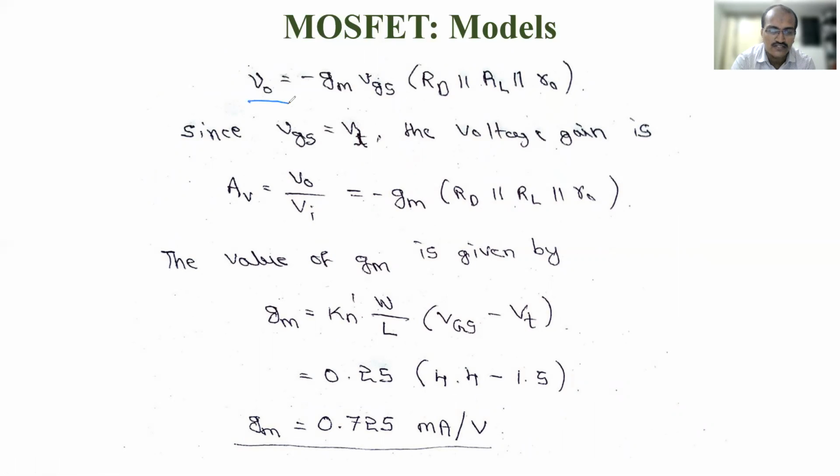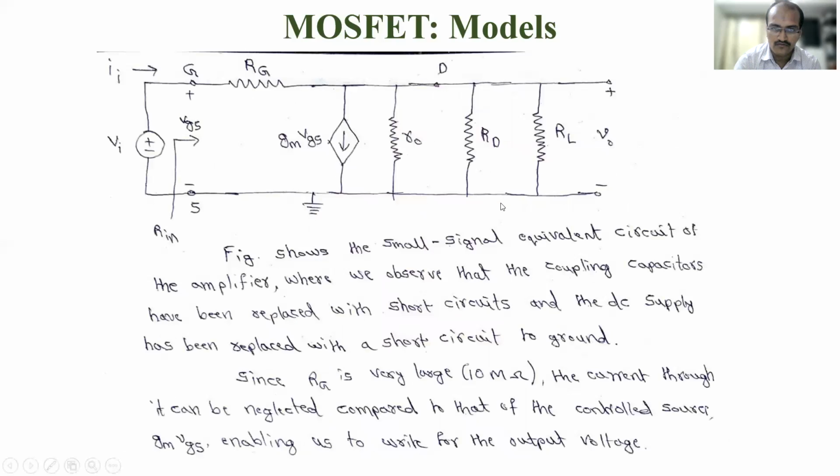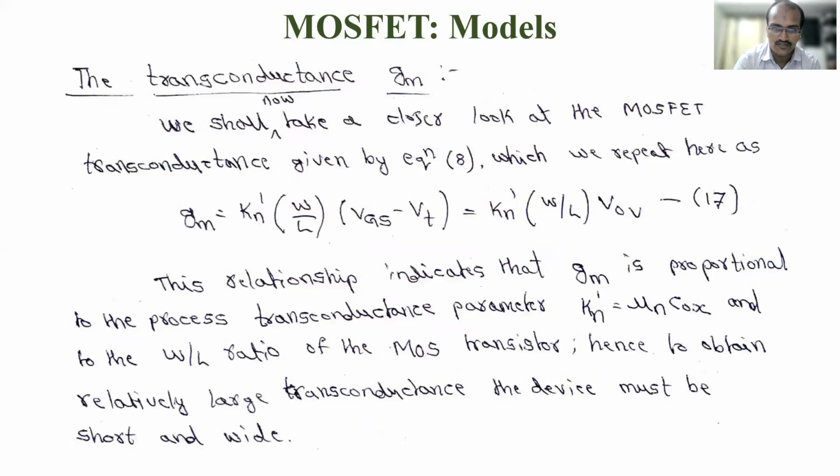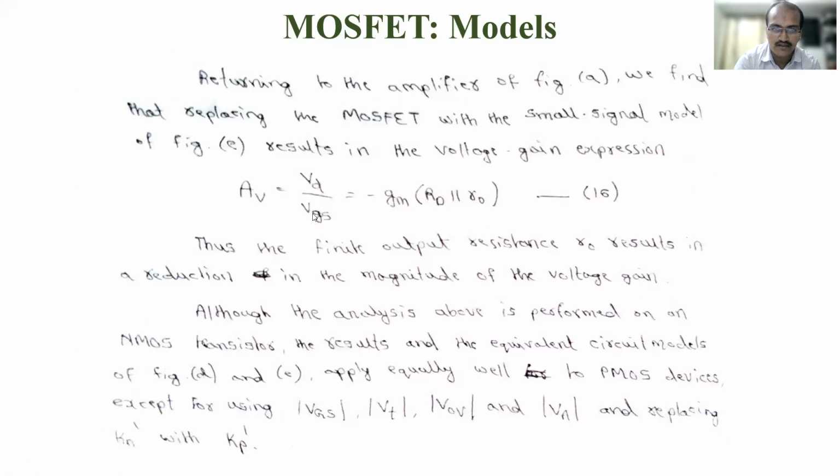So the output voltage is nothing but the input voltage times this, which is the formula you had, right? You remember when I was discussing previously, I had that equation, AV is equal to, just recall the notes. For the model which I showed you yesterday, this was the AV, right? VD by VGS equal to minus GM RD parallel to R0. VD is nothing but output voltage, VGS is nothing but input voltage. So this VD only I will write as V0 now.